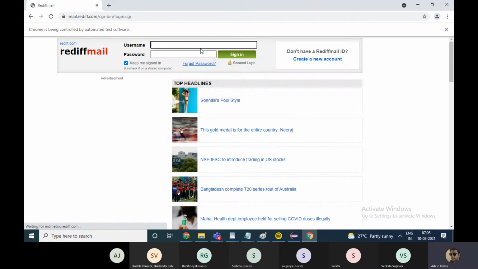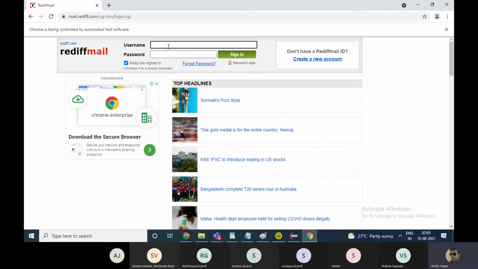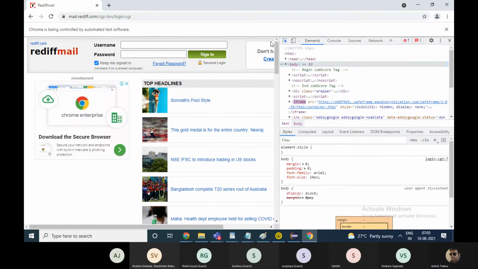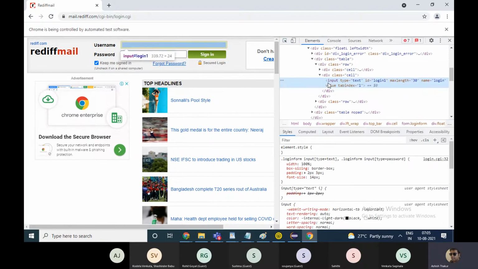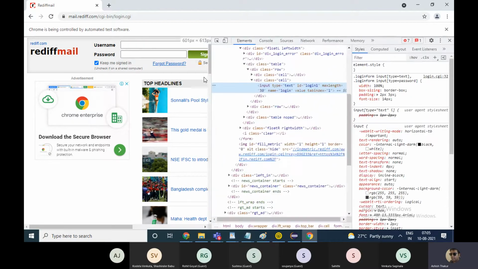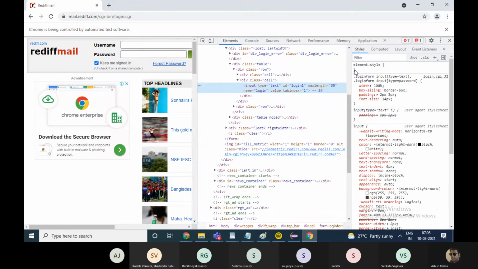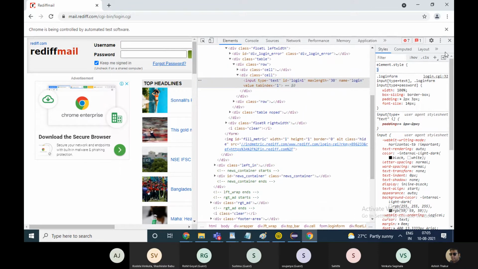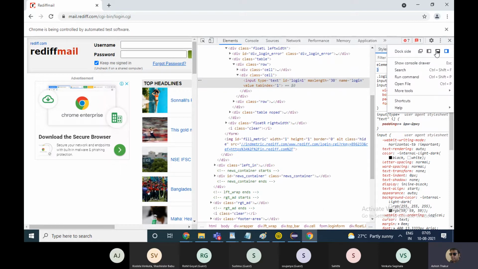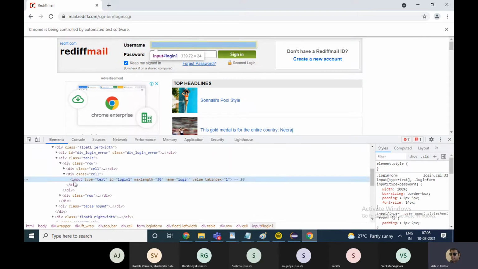On the sign in page, suppose this is the username field. If I inspect this field, this is the input tag. Let me just go to the DOM view. This is the input tag.